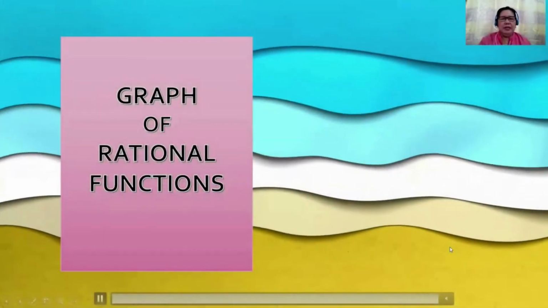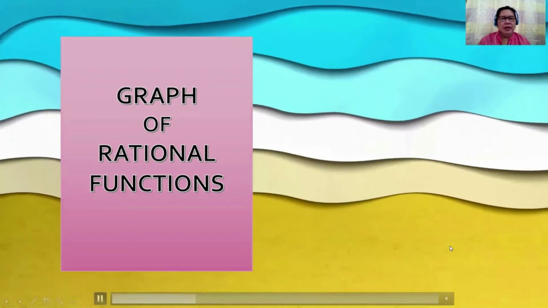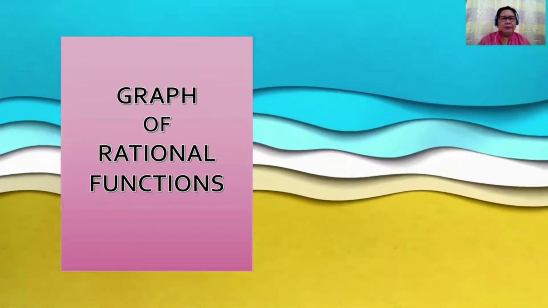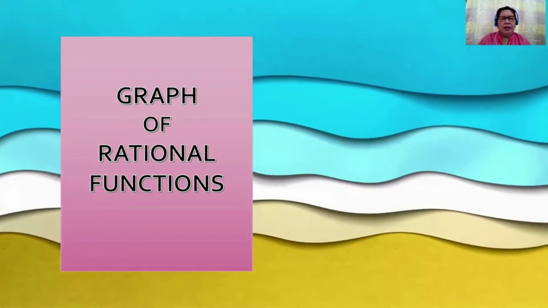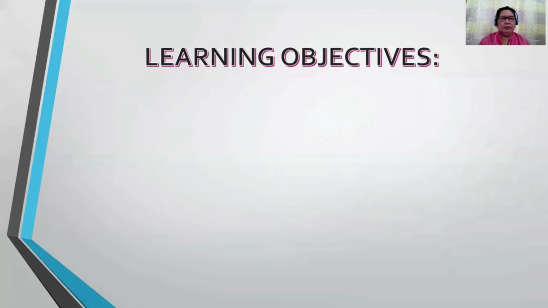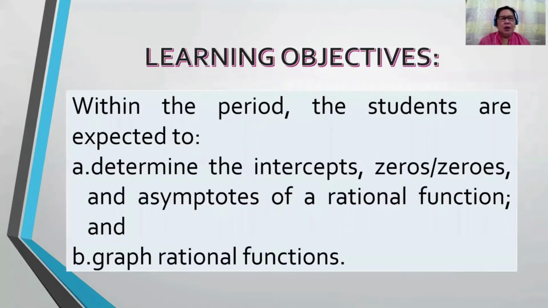Hello, math learners! Our lesson for today is about graph of rational functions. The learning objectives are: you are expected to determine the intercepts, the zeros, the asymptotes of a rational function, and